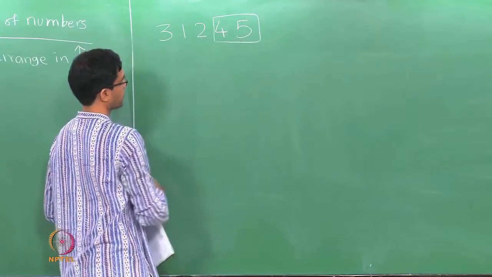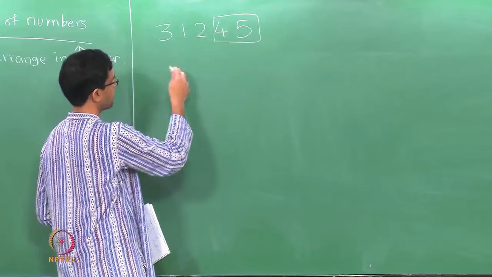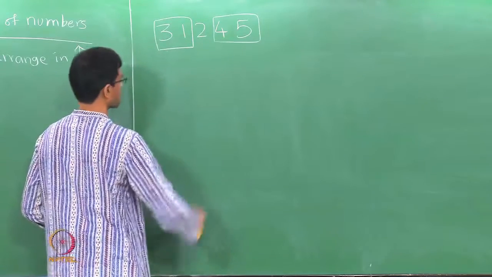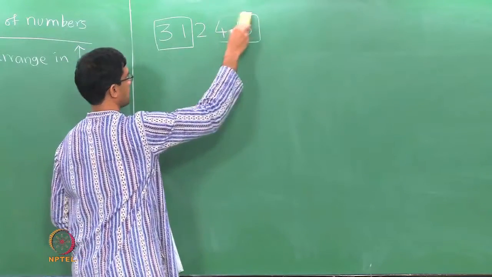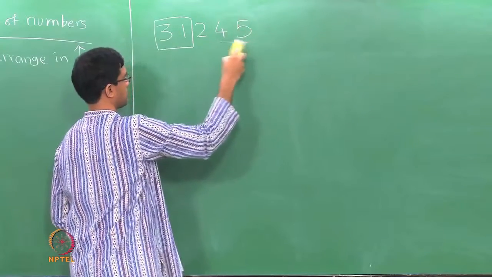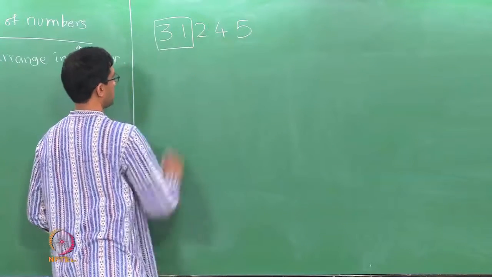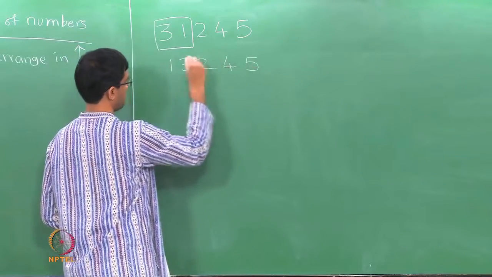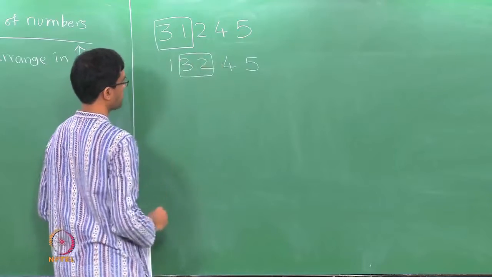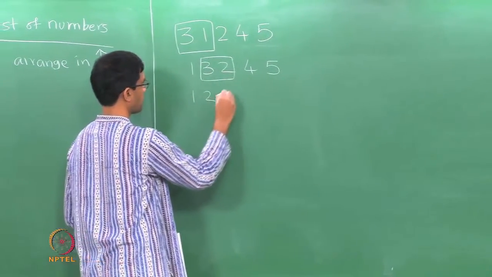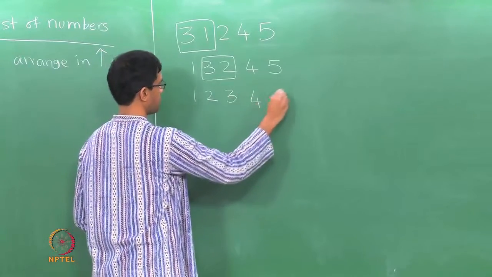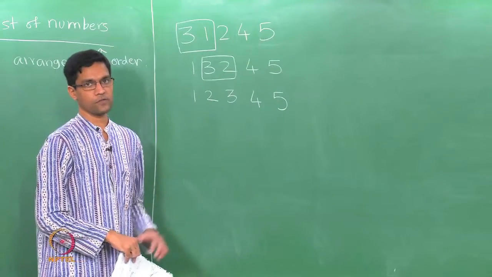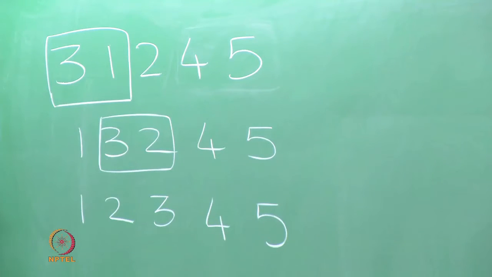Okay. So now at this point you scan the list again, and what happens is that both 4 and 5 are in their correct positions, but the first three may not be. So you again begin from the first, you start at 3, 1, if they are in the wrong order you swap, so it becomes 1, 3, 2, 4, 5. Now you move your window one step to the right, you compare these, if they are in the wrong order then you swap, and now you are done. Okay. So what you get at the very end of this process is a list in ascending order as required.